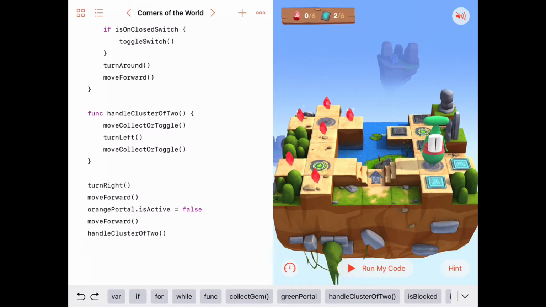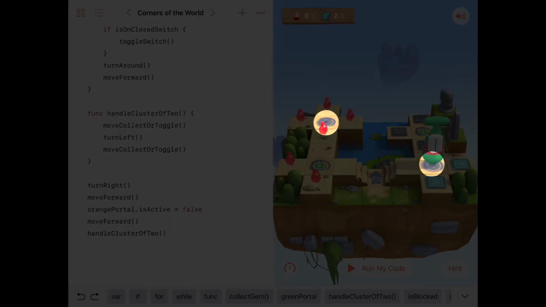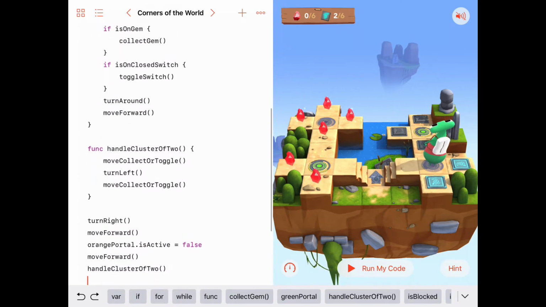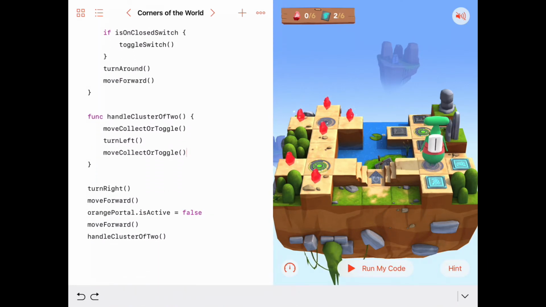Handled the cluster well. One problem with this is after we're done with this cluster of 2, what we would ideally like Byte to do is, as he moves onto that portal at the very end there, we would like that portal to be active so that he would transport over to the other orange portal area, the cluster of 4 in the back, and take care of that. So we have a couple choices here. One is we could easily, inside our handle cluster of 2, we could